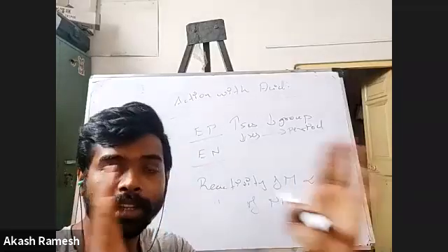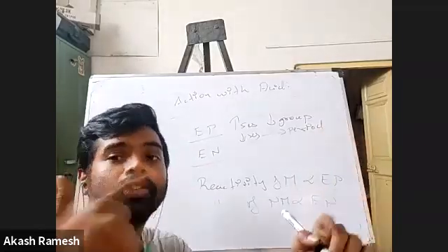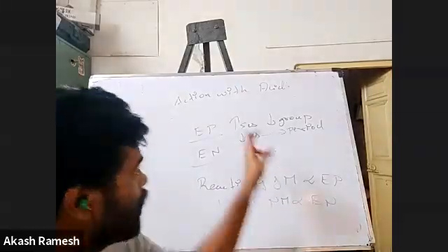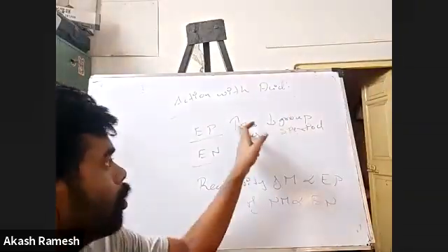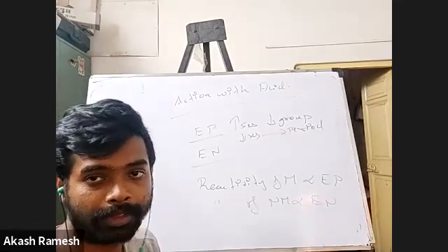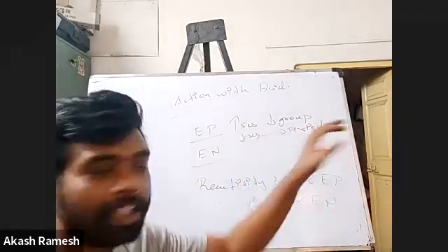So when I go down the group, the size increases, the distance between the nucleus and the electron increases, so you can easily remove the electron. That is why, when I go down the group, the electropositivity, or the ability to lose electron, increases. Now, when I go along the period, same reason.